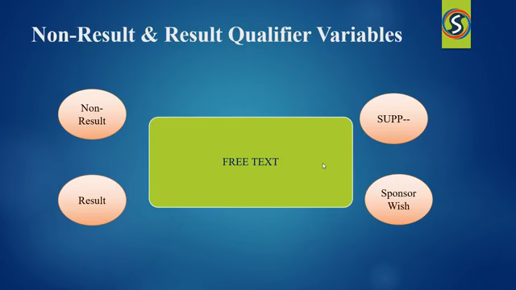Now coming to the specify values for non-result qualifier variables when free text information is being collected. We are going to supplement a standard non-result qualifier field, that is, the free text value should be placed in the SUPPQUAL dataset, relating non-standard variable values to a parent domain. When applicable, controlled terminology should be used for SUPPQUAL field names, that is QNAM and their associated labels, QLABEL.